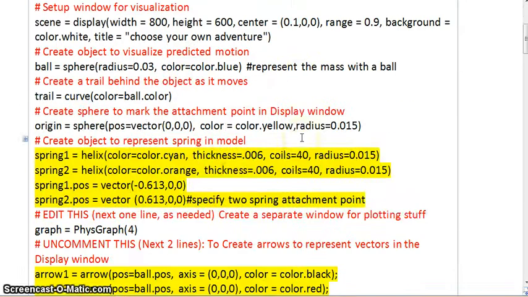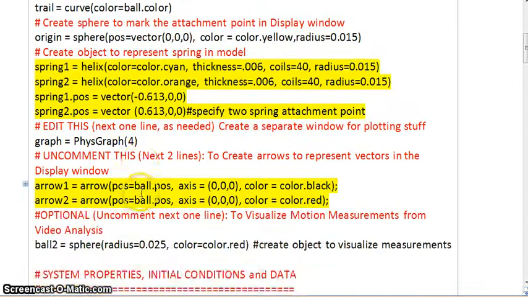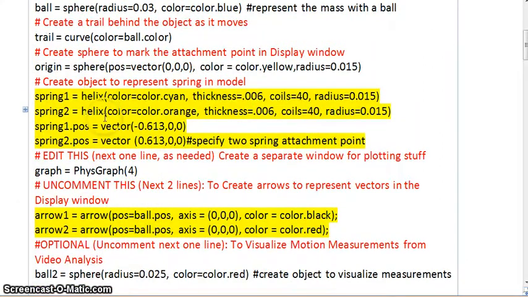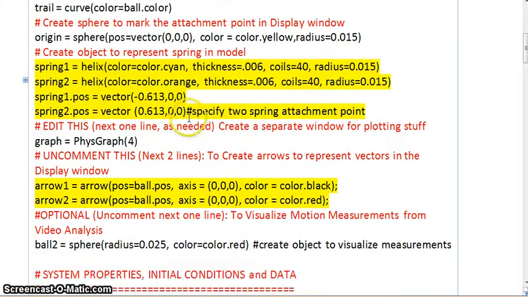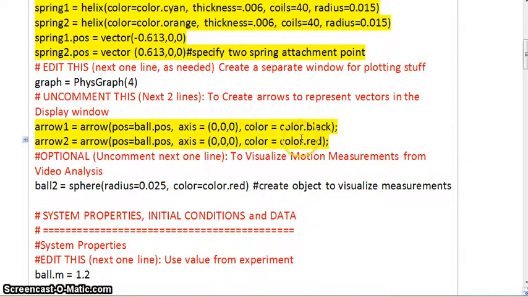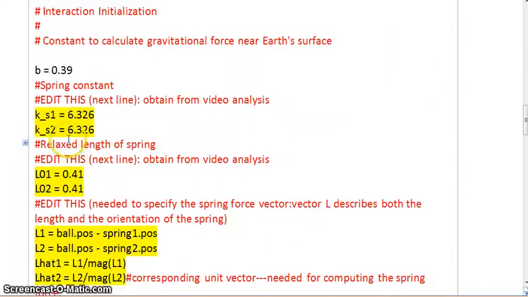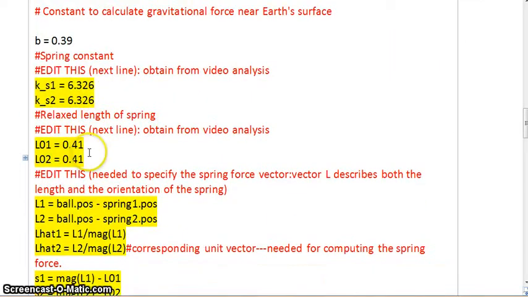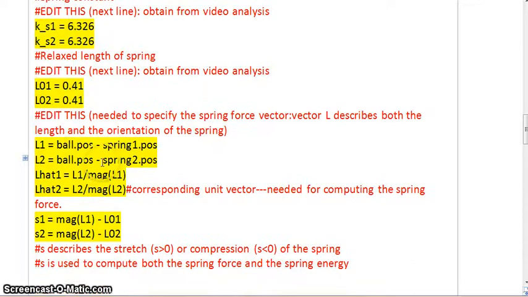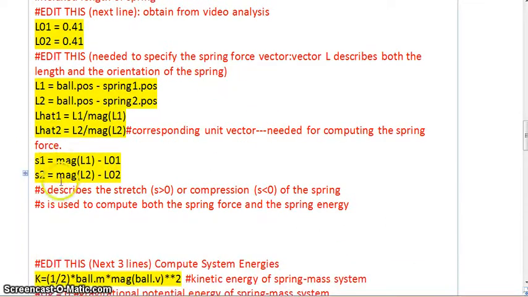In the Python code, these are the important things. Spring 1 and spring 2 definition, the arrow 1 and arrow 2, black and red. Two constants, two initial lengths of the springs, and L1 and L2, S1 and S2 as the difference of magnitude, L1,